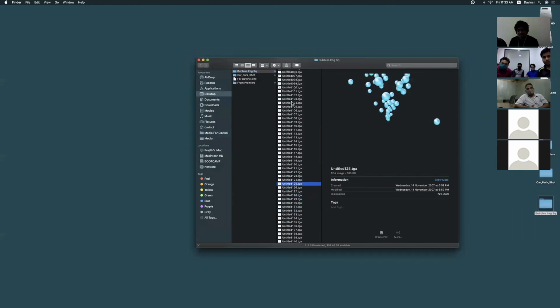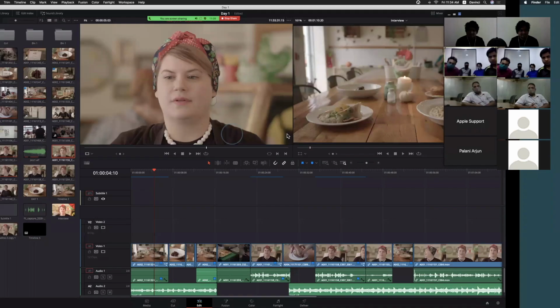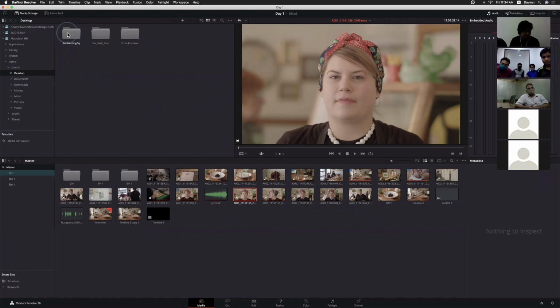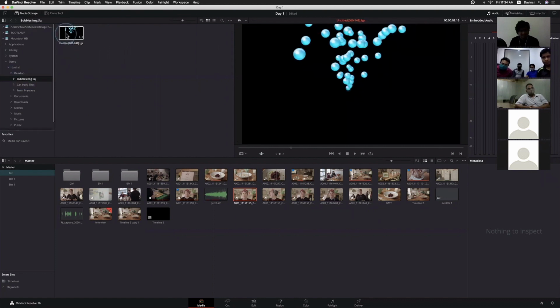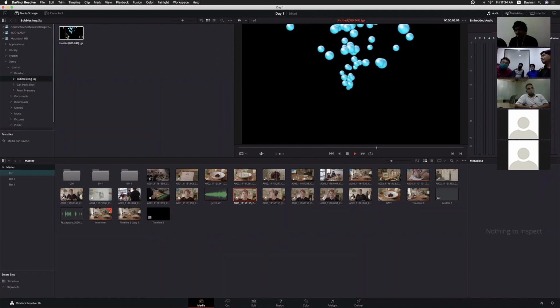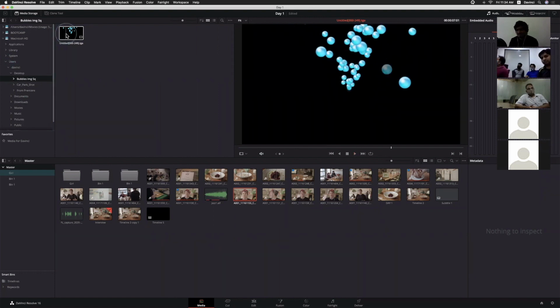When you try to see any image sequence from the DaVinci media page, go to media, maybe within the desktop. So the image sequence is right away showing as a video file. No need to convert anything.